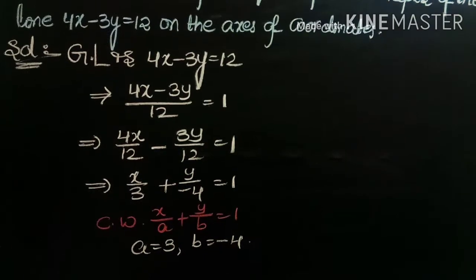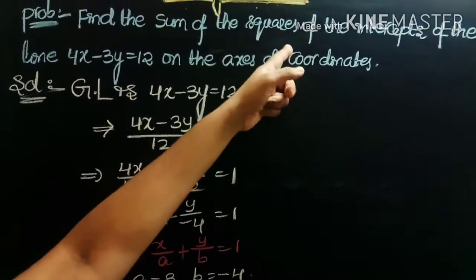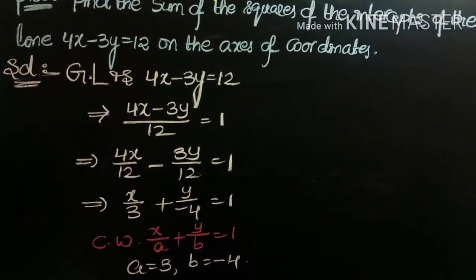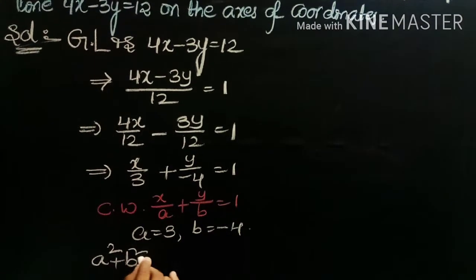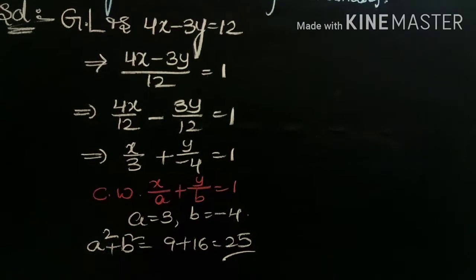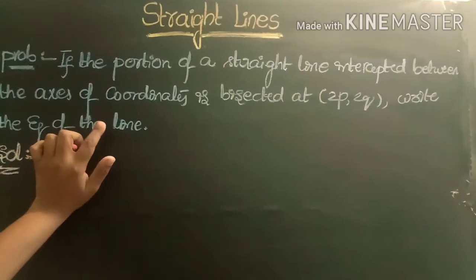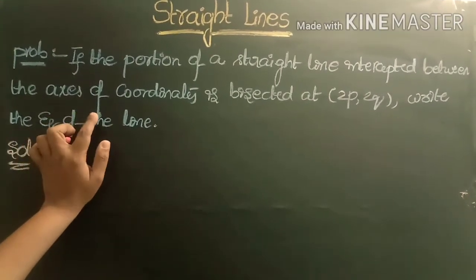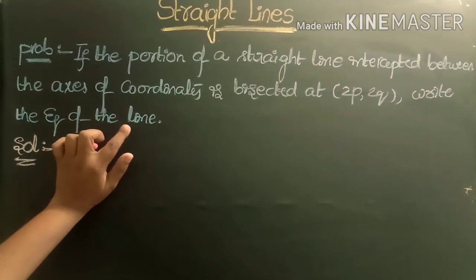But we want the value of the sum of the squares of the intercepts, that is a square plus b square. Therefore the value of a square plus b square equals 9 plus 16 equals 25. That's all. If the portion of the straight line intercepted between the axis of coordinates is bisected at 2p, 2q,